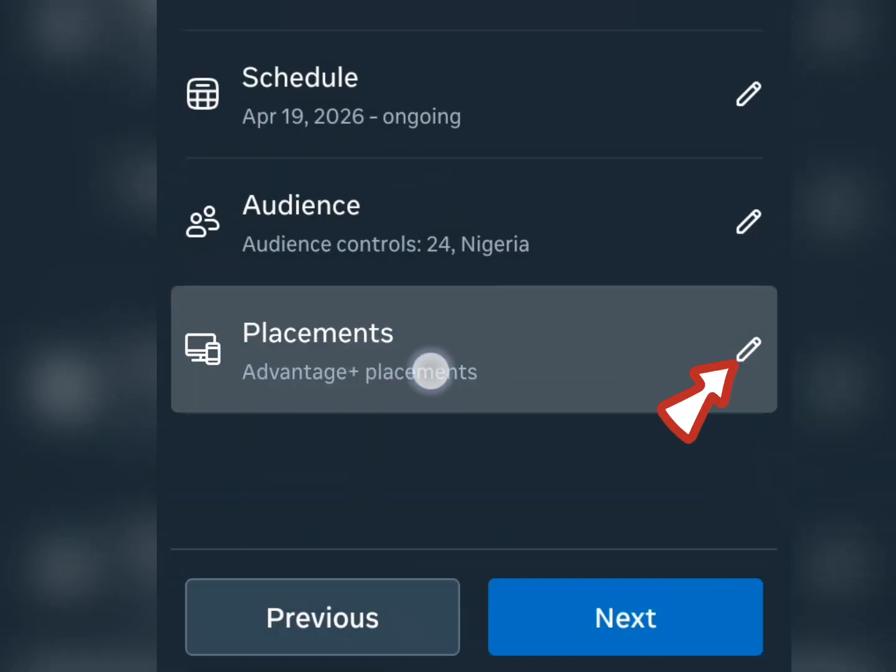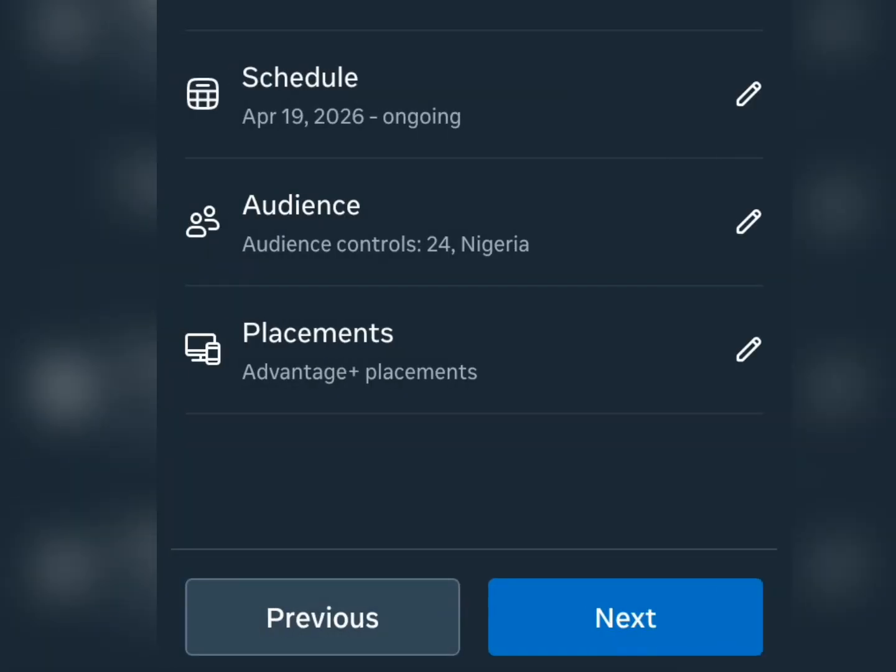Then your placement, leave it at automatic, which is let Facebook or Instagram show your ads to places that are more likely to convert. So you don't have to restrict it to, oh, show my ads only on feed, or, show my ads only on reels. No, just leave it at automatic too. The AI is so smart now to find your best buyers. So once you are done with the ad set level, you can now click on next to go to the ad level,